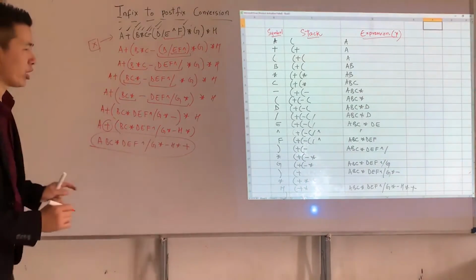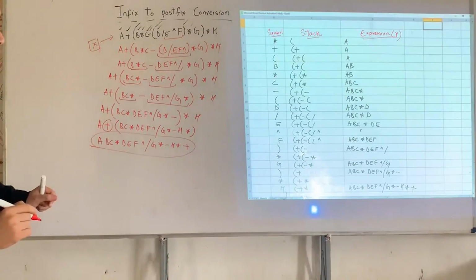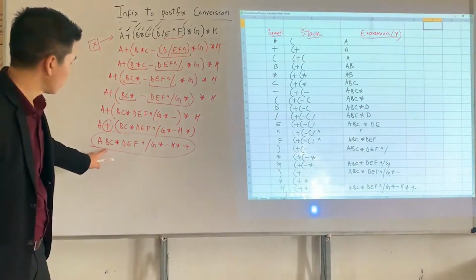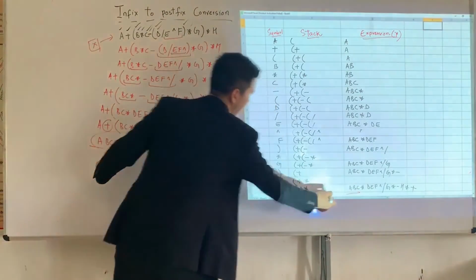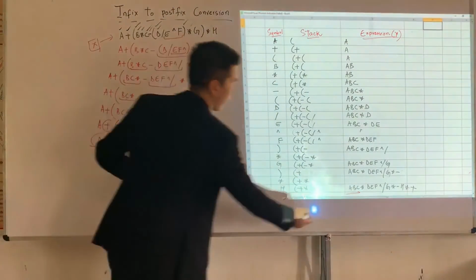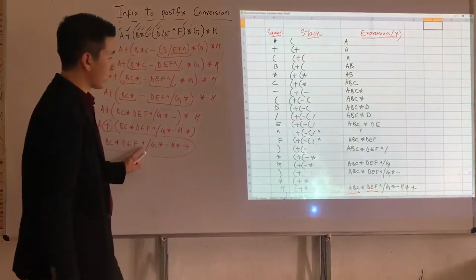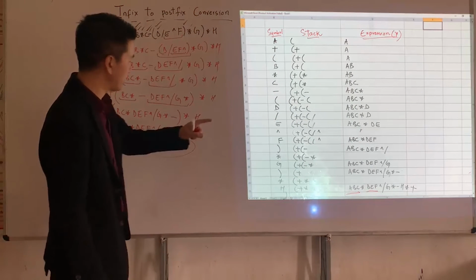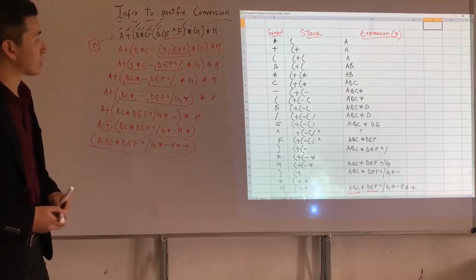So just try to check between these two. I hope and I pray that I got the answer right. ABC, and then multiplied by DEF, and then exponentiation, you have the division G multiplication minus H multiplication, and then you have the plus sign,